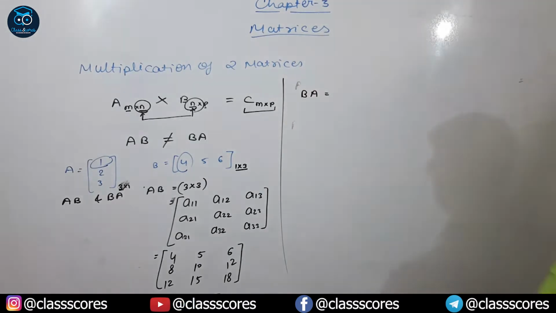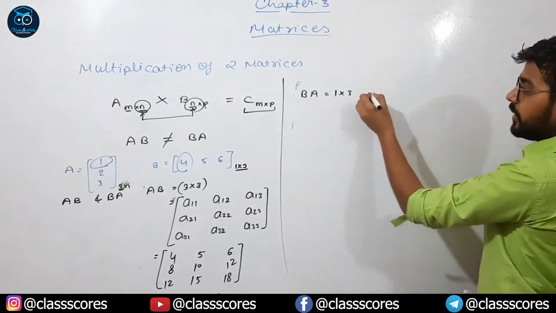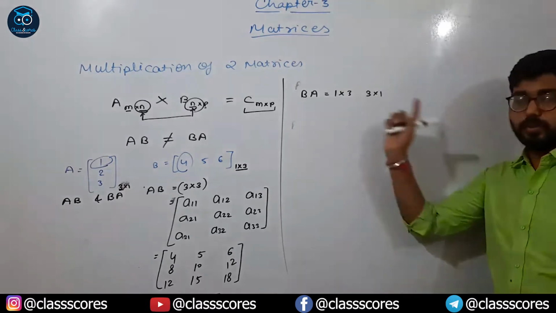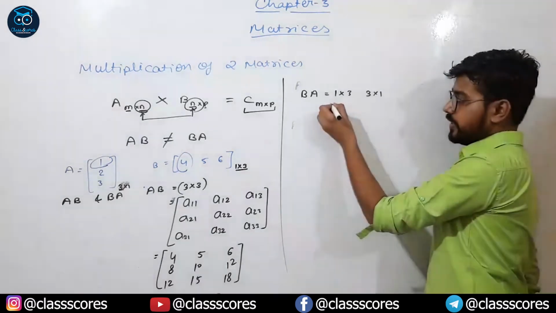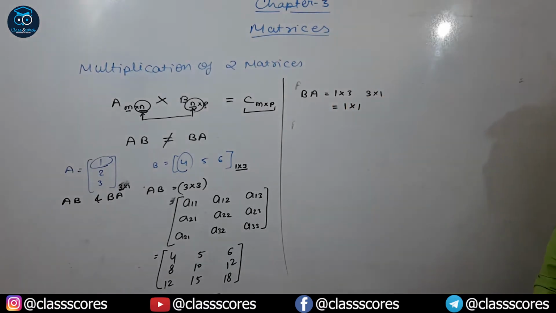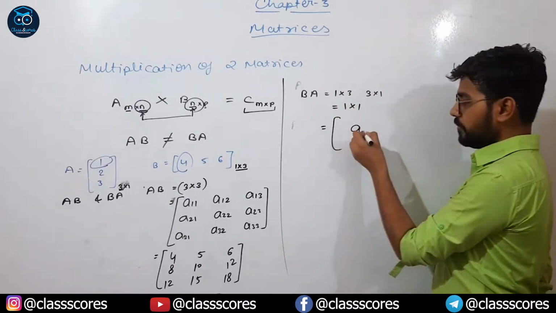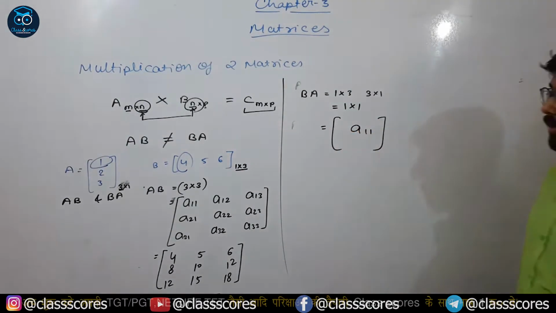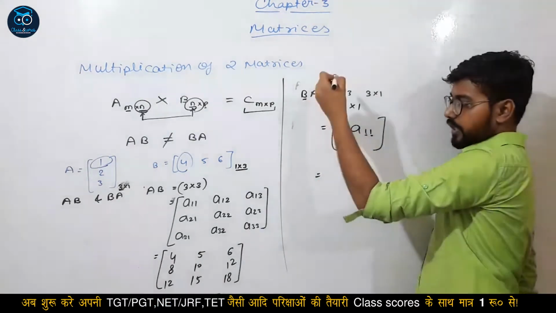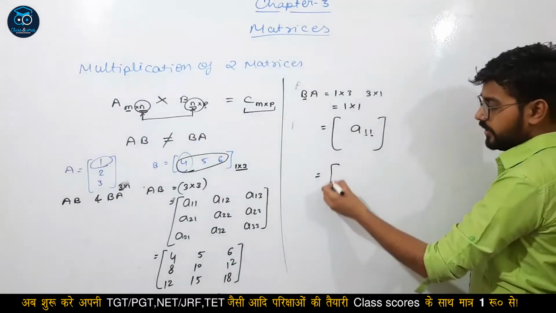B into A means B is 1 cross 3 and A is 3 cross 1. Here both the inner dimensions are the same, so multiplication is possible and the resultant matrix is 1 by 1. Now solve. 1 by 1 means A11, that is first row and first column. First row for A, it already consists of only one row, that is